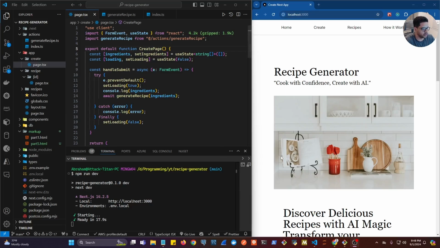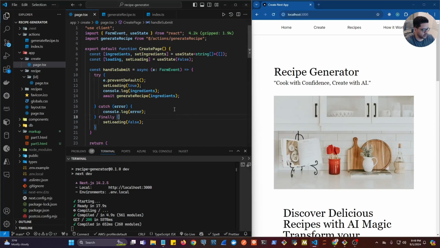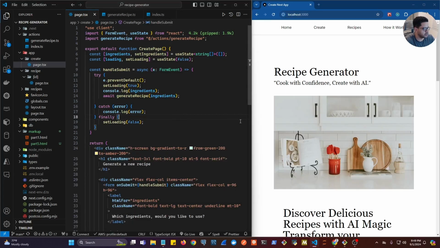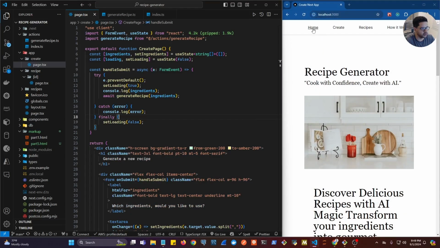So we're going to go ahead and get started by making sure that our server is running, and let's refresh the browser here so the application can reload and we can continue from there. I'm going to hide the terminal here, and I'm going to give you more space here. So right now we're at the home page. We can go to the create page,